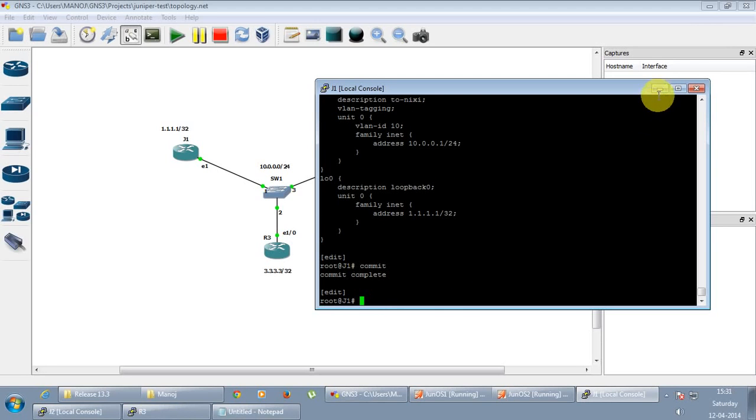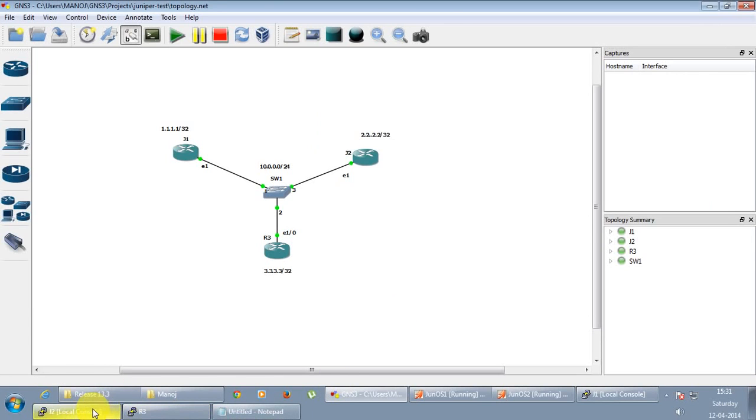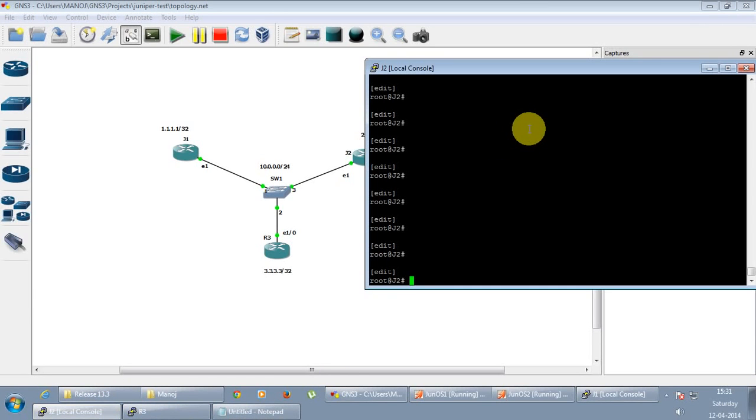Okay, so let's just do it on J2. You can use a different approach on configuring J2 using the edit mode. Edit interface em1. This is a much more useful approach for configuring the Juniper router. So